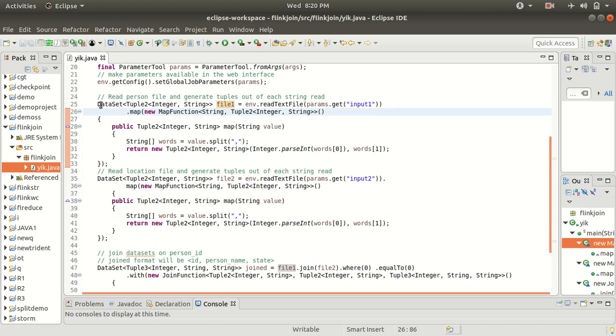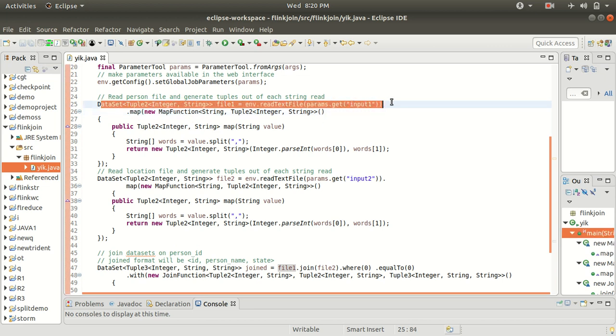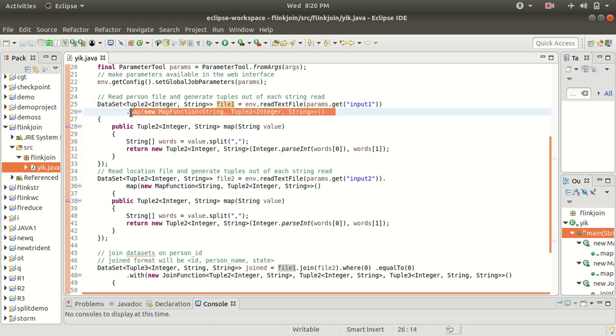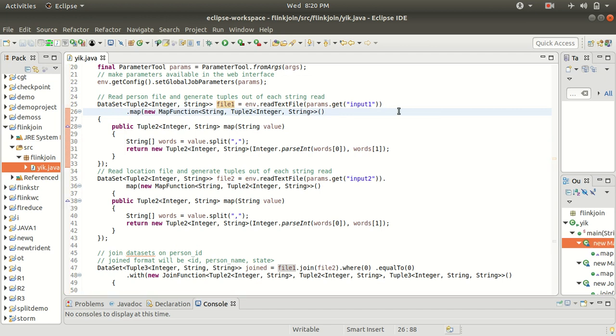Once we have read the file, we need to specify our first transformation on this file with the map operation. So what is the map operation? Although I've already specified that we have read the file, we need to specify the structure, that is, how the file will be separated. What's the delimiter we are using? This will be specified with the help of map.